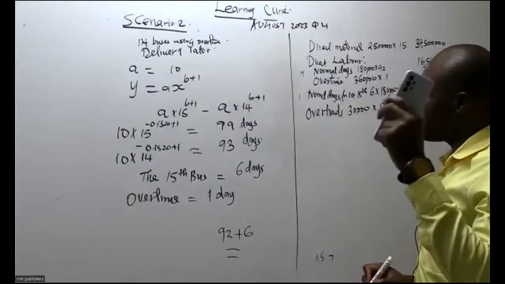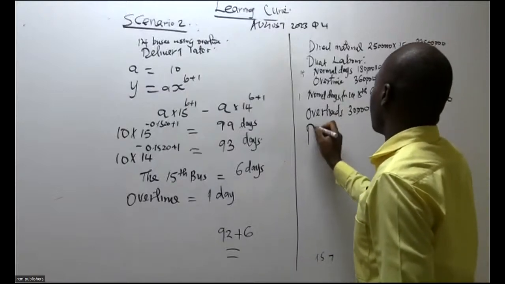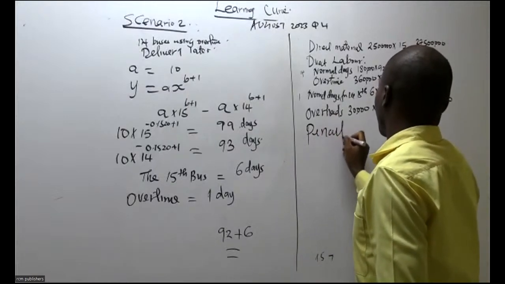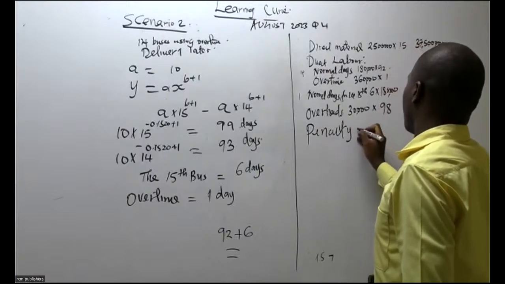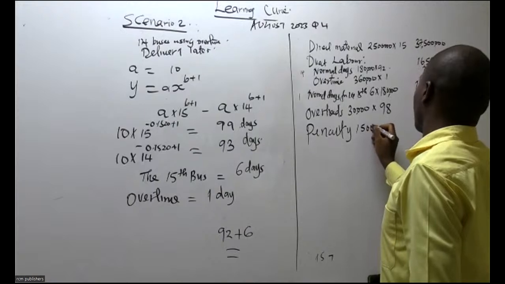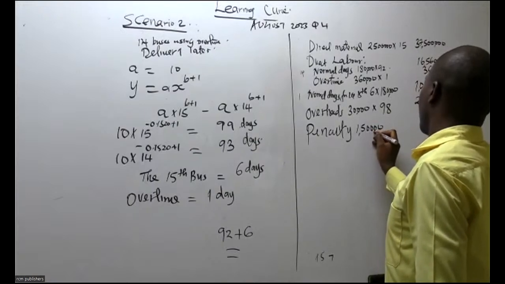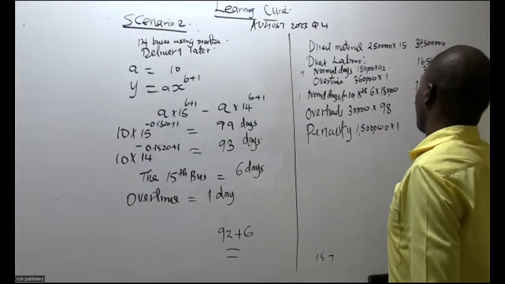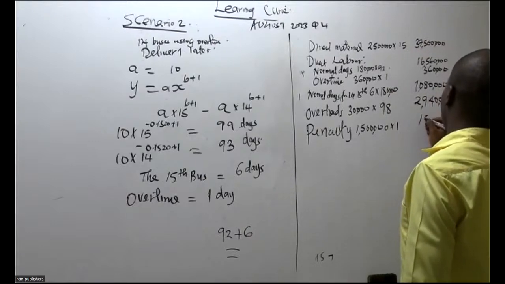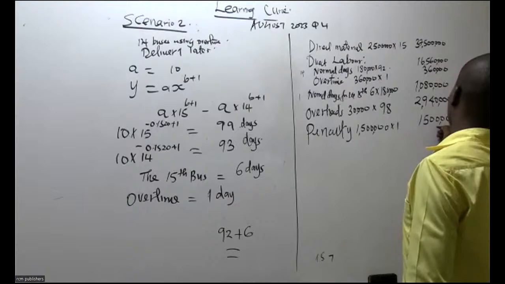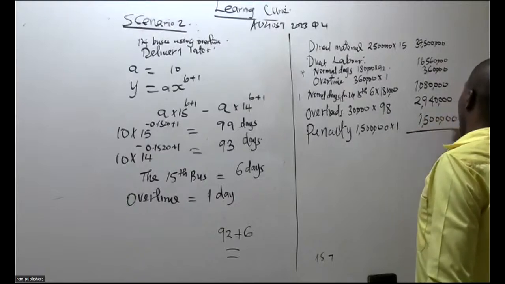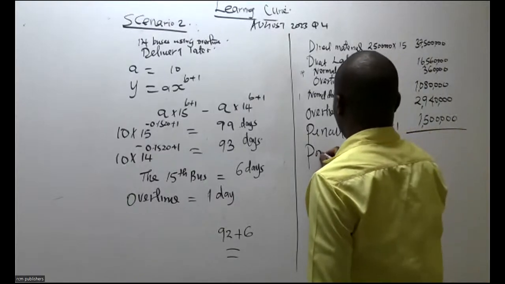If you make that mistake, there's a penalty. There's a penalty of 1.5 million per bus, and they only delivered one bus after the deadline. If you add everything, you should be able to get the production